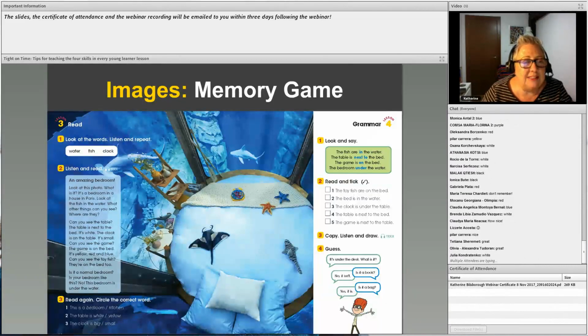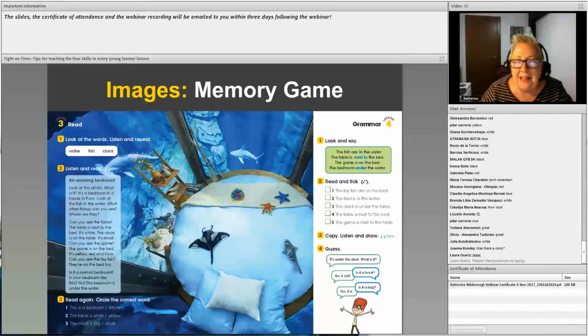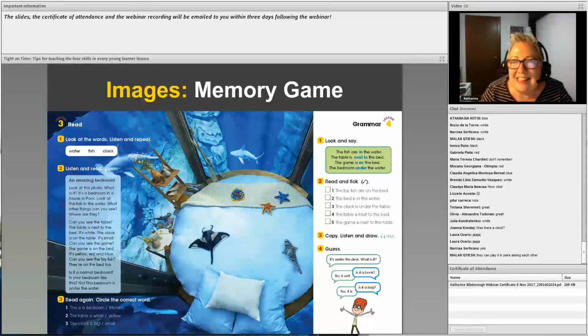And what was the other one? What colour is the clock? The clock is white. Okay, it's not very clear. The clock is on the table. Okay, so this kind of thing, the more you do it, you'll notice that the children start paying great attention